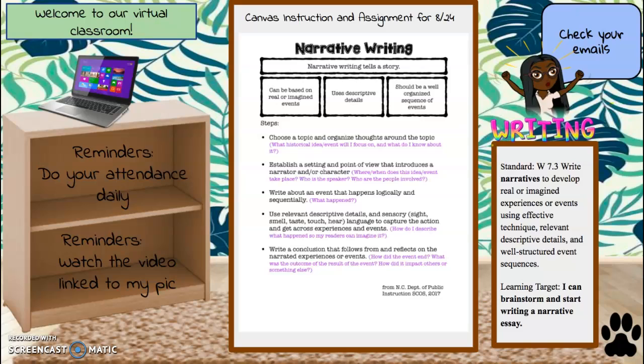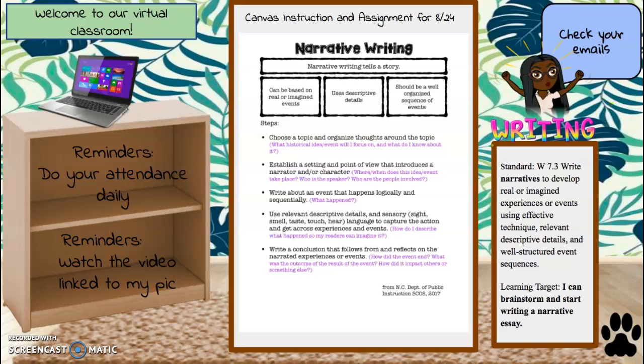Okay? A narrative is a description of events that are connected to each other, also known as a story. Writers use narrative to describe imaginary events, but interesting stories happen in real life too. Writers use narrative to describe real events. Just like any good story, a good narrative has a beginning, a middle, and end.